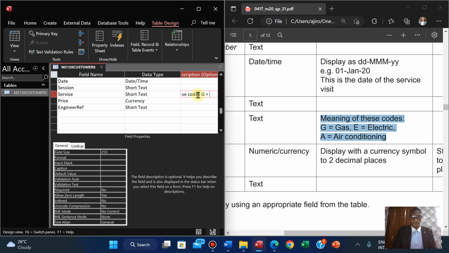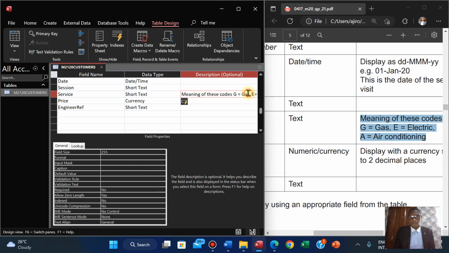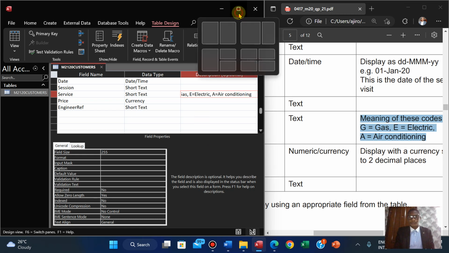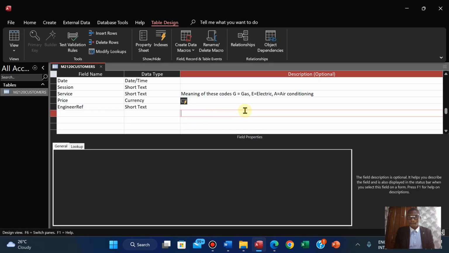So G for gas. A is equals to electricity. Okay. I think I can do this so I can see it clearly. Electric. A is for air conditioning. Okay. Yeah. So